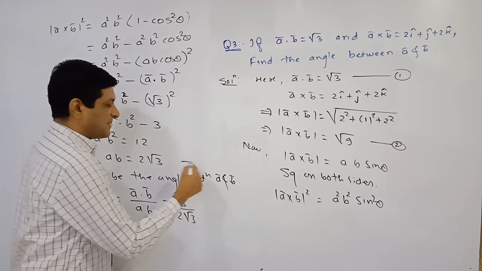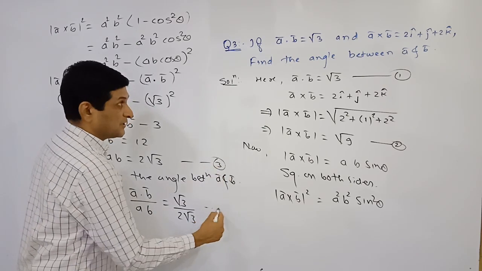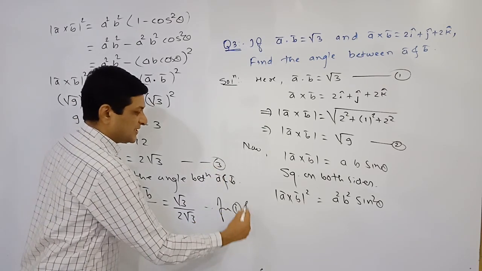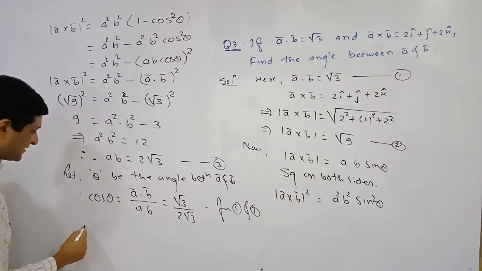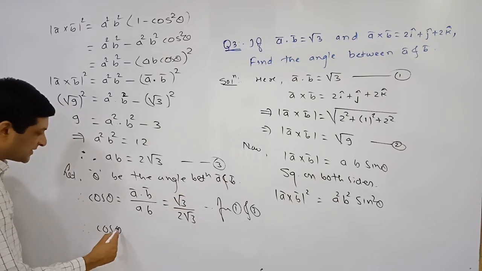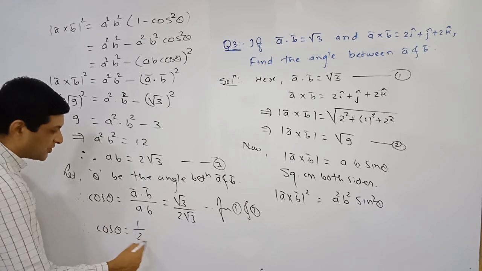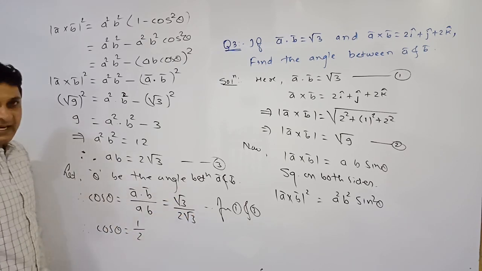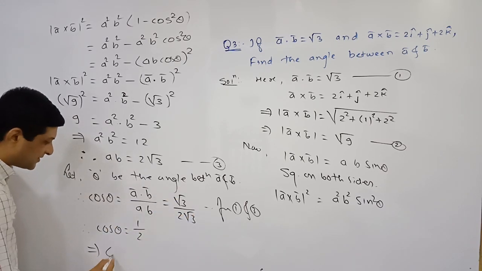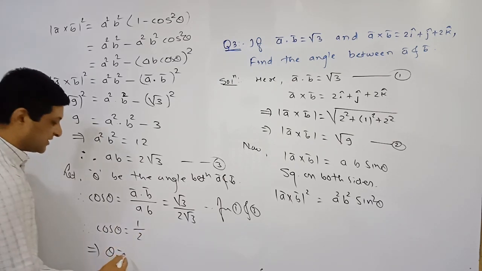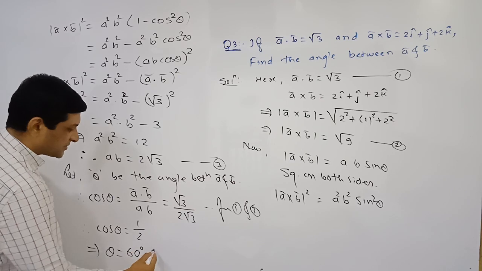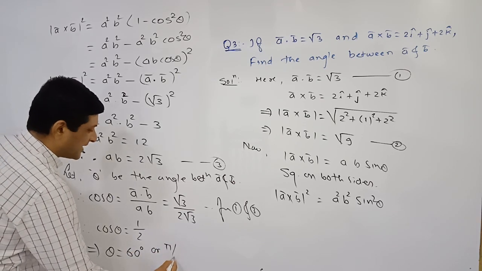Denote these results, say, by equation number 3. We are substituting these values from equation first and equation third. So here root 3 will get cancelled. So what result are we getting? Cos theta is equal to 1 by 2. Root 3 and root 3 will get cancelled. So this implies that theta will be equal to, cos theta is 1 by 2 means theta is equal to 60 degrees. So theta is equal to 60 degrees, or you can say that its value is pi by 3.